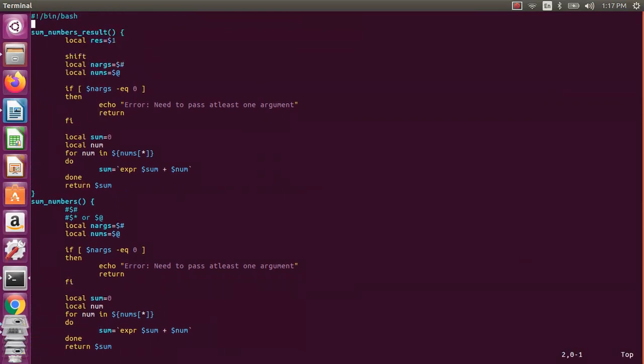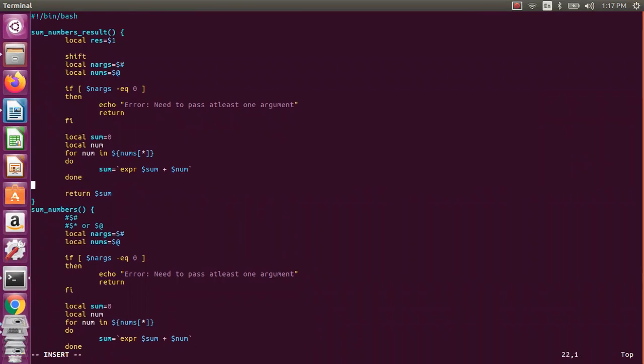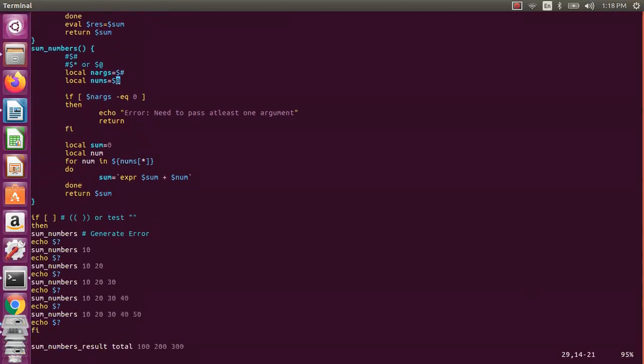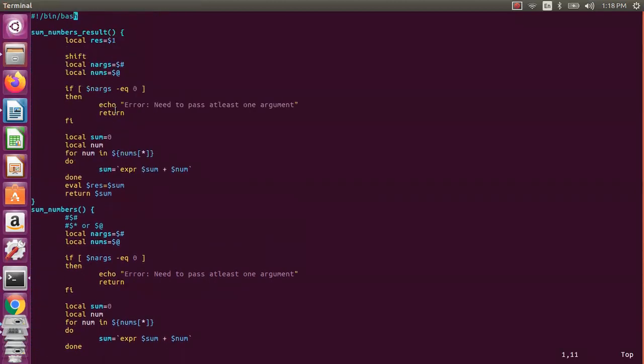And then I need to say evaluate function, eval. I need to store this particular value in the result, right? $1 equal to what I need to store, sum. So I just say some simple thing. Why did I shift? Because $1 will contain that variable, but we should not add the total variable. That's why I have shifted, so that you have the arguments next.